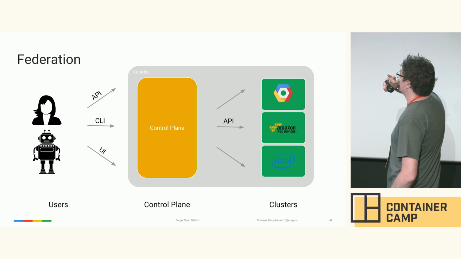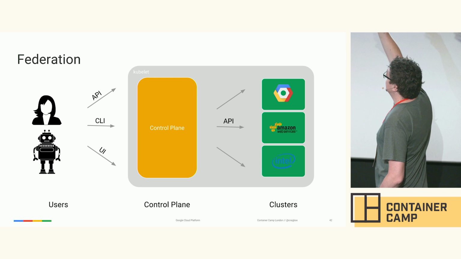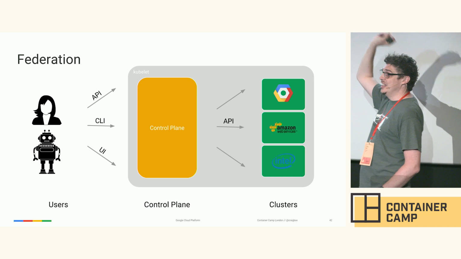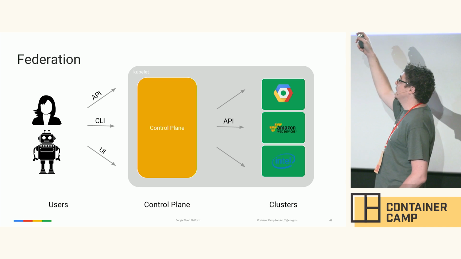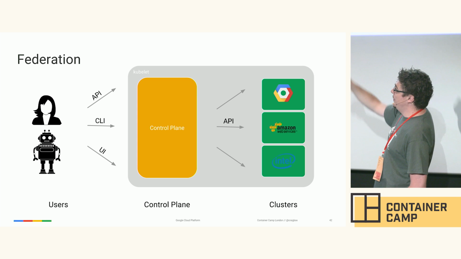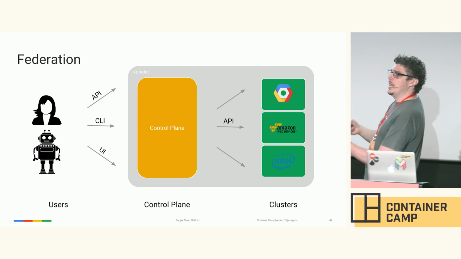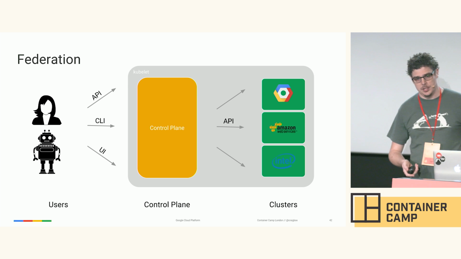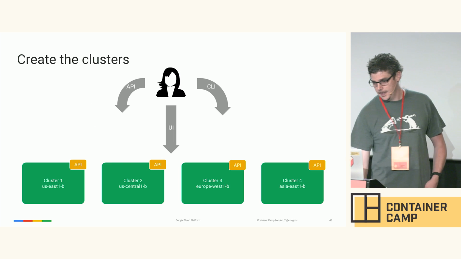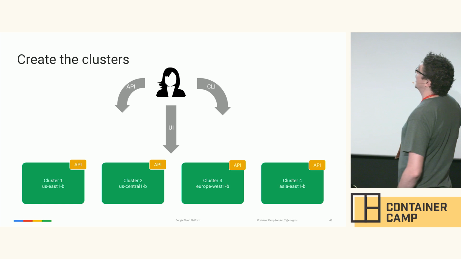It makes scheduling decisions. The same is true in this case. These clusters don't necessarily have any kind of interconnect. They definitely don't need to know about each other, but they just report back to the federated control plane, and then you can make decisions. You can say, deploy this work and have it distributed globally based on whatever policies you want.